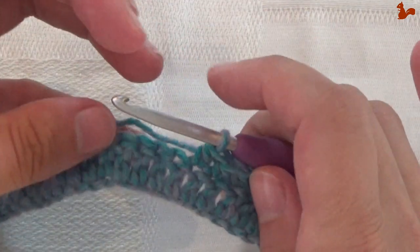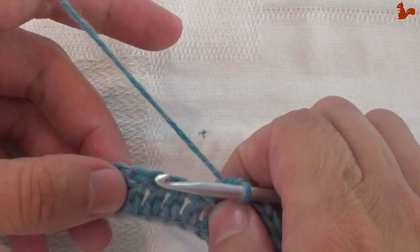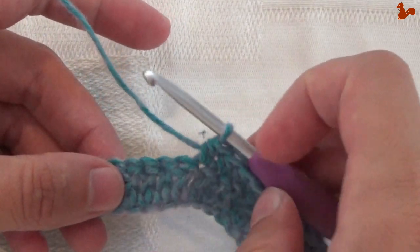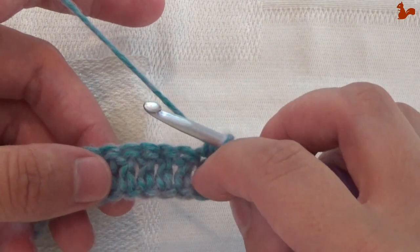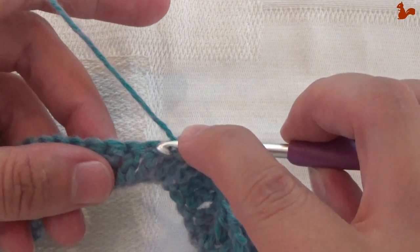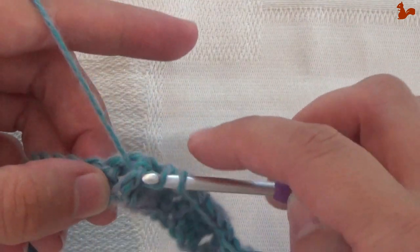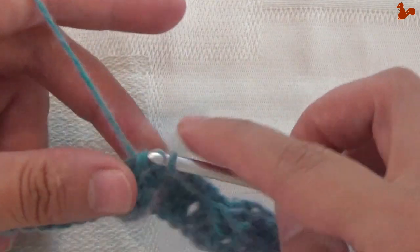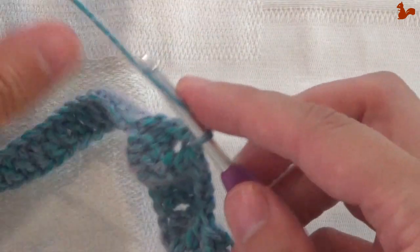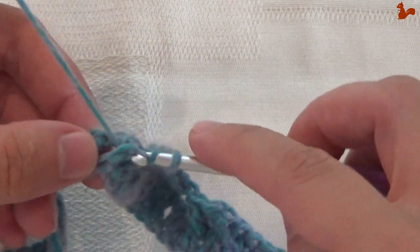So again, exactly the same on the next 4 stitches. On those 4 stitches, you're going to work a cable. So that means skipping 1, 2, going to stitch number 3, and working the front post double. So 1, and the next one is 2,